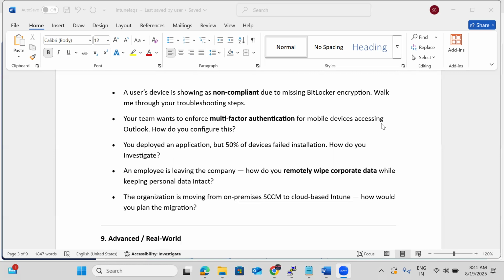Okay, the user is telling us BitLocker has been encrypted on my device. So then how do we troubleshoot? The user is saying the device has been BitLocker encrypted, but the device is still showing as non-compliant. So in this scenario, first we need to check